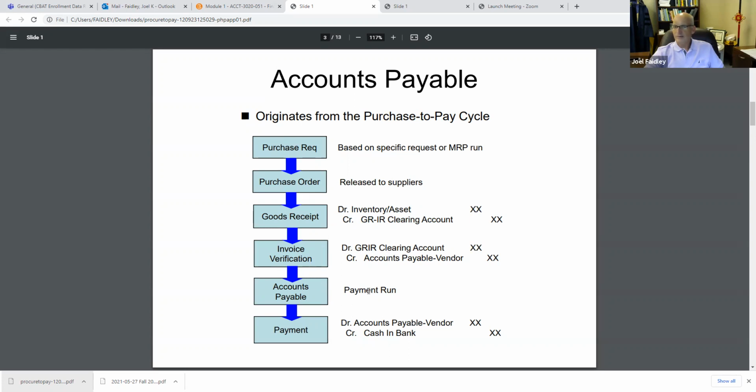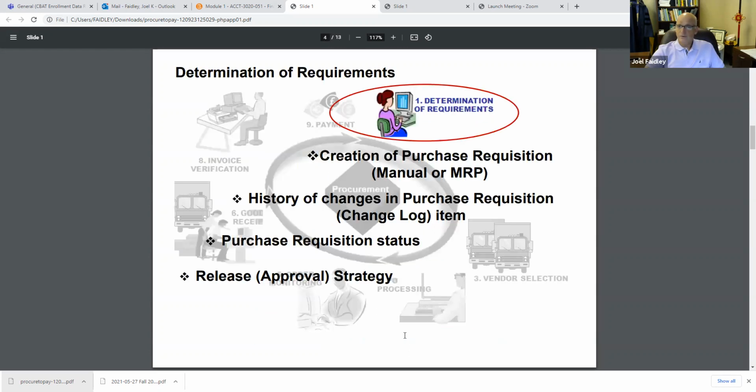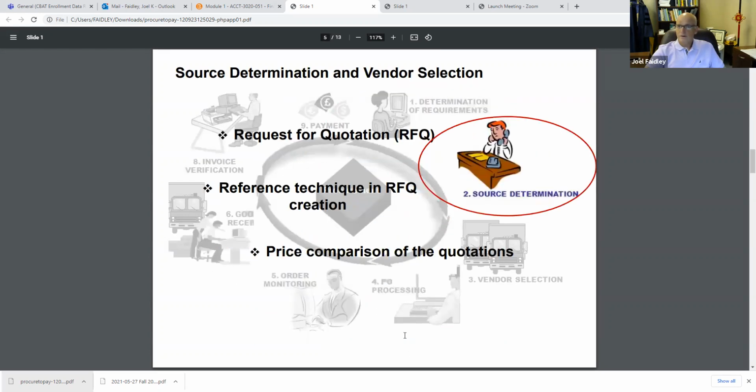Then accounts payable, the payment run, the payment, you're going to take it out of accounts payable and take it out of the bank. So zero that out. So at the end of the day, you've got what? A debit to either expense, inventory, or asset, and a credit to cash when all this is cleared out. So that's just a high level view of what's taking place. So what does that look like